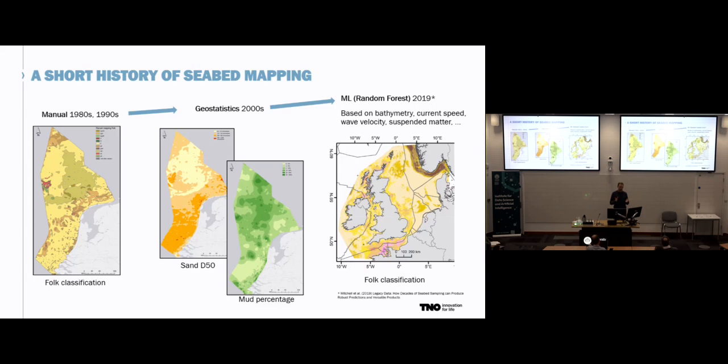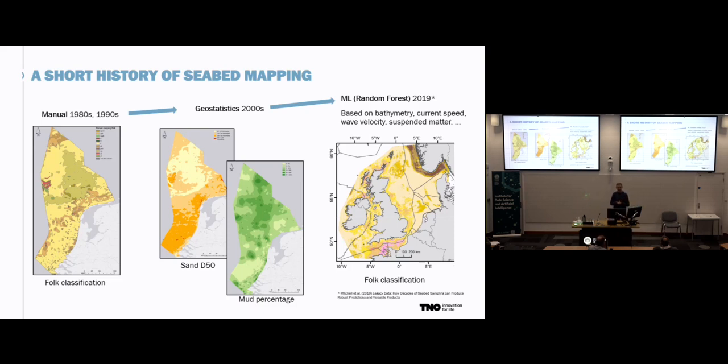Since then, there were some geostatistical approaches, but recently a few large-scale studies have come out that use a random forest for seafloor mapping. So the one I'm showing here, it's quite nice. It uses bathymetry and current speed, wave velocity. So these are external model outcomes that can be used in the random forest approach to make a prediction of